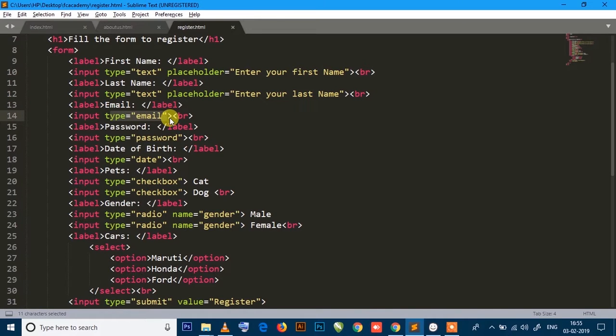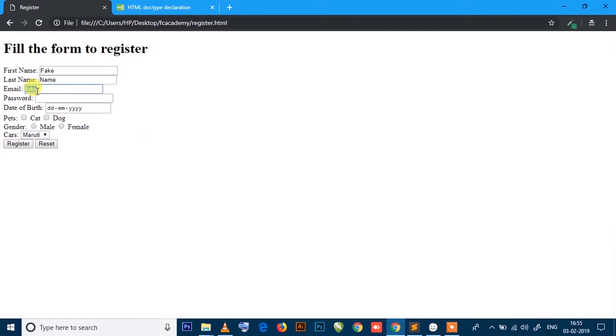When you're using an email input type element, then HTML will give you a default validation on that text box, so that you need to fill up a correct email address. Not the correct one necessarily, but in the correct form. So I'm just saying that